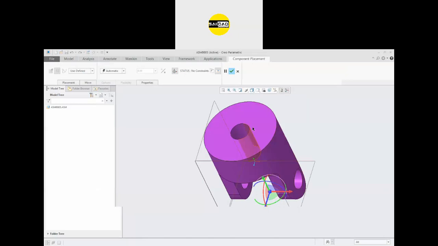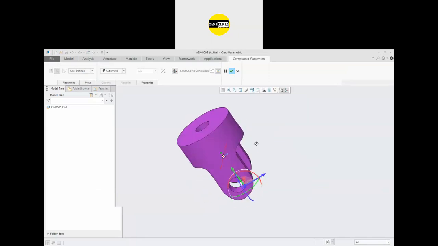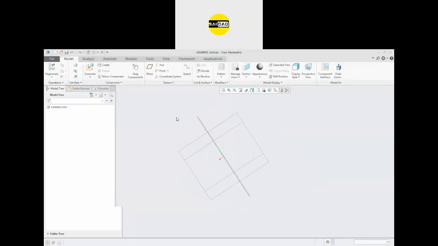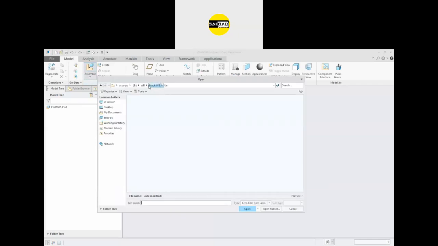So again, these files from SolidWorks are similar products that we have assembled before. So I'm going to use some other parts from here. Okay, so for the other parts, I'm going to use